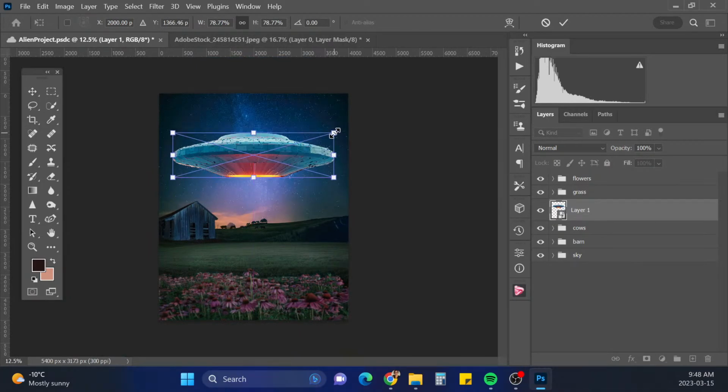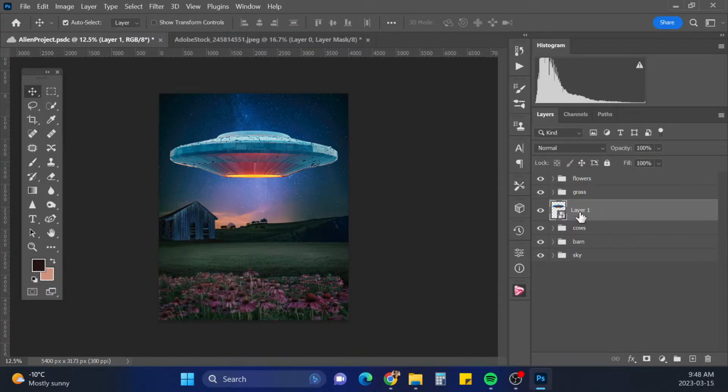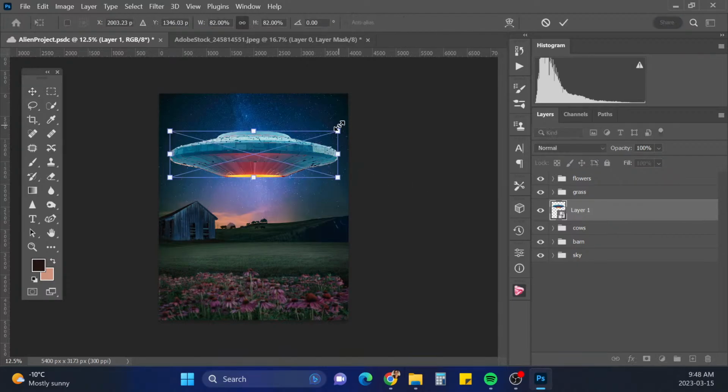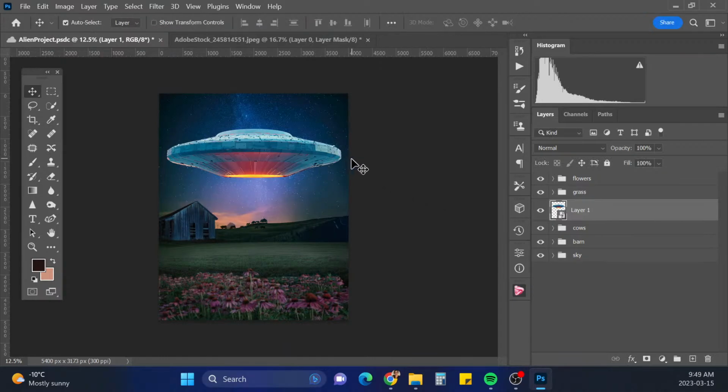And I want it to pretty much take up the entire sky. Maybe even more. Just make it pretty darn big. I want to still leave enough space between here though.